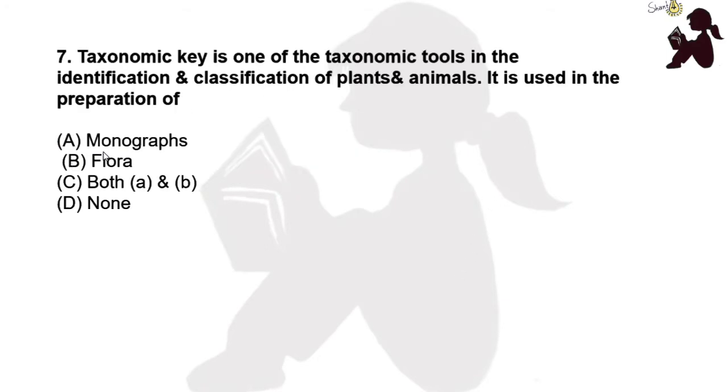Now, here in question number 7, the question says taxonomic key is one of the taxonomic tools in the identification and classification of plants and animals. It is used in the preparation of option A, monographs, option B, flora, option C, both A and B, and option D, none. So we know that taxonomic key